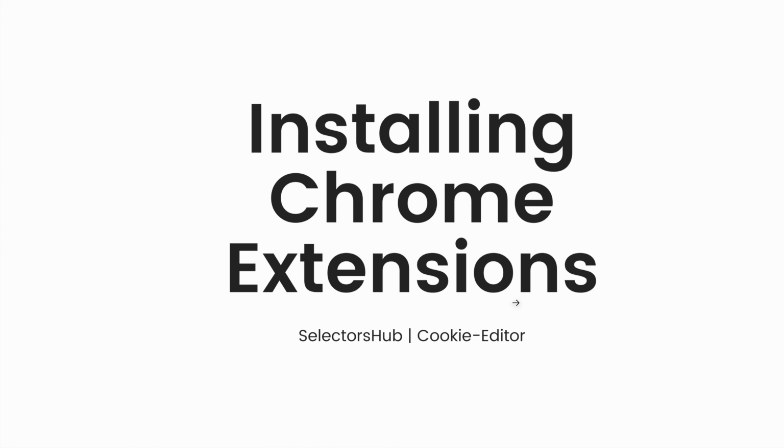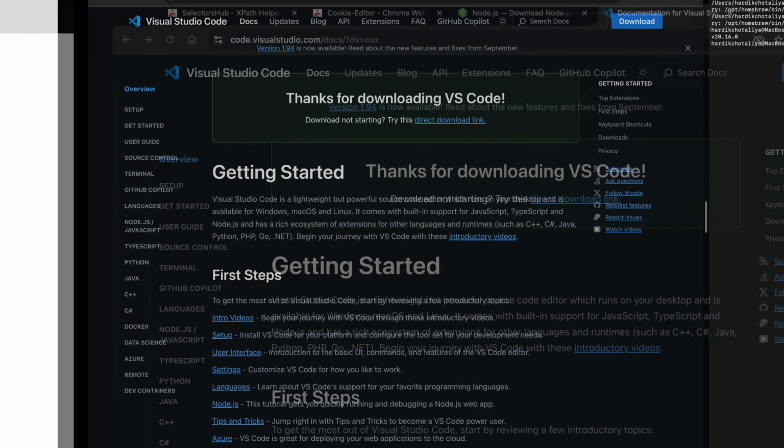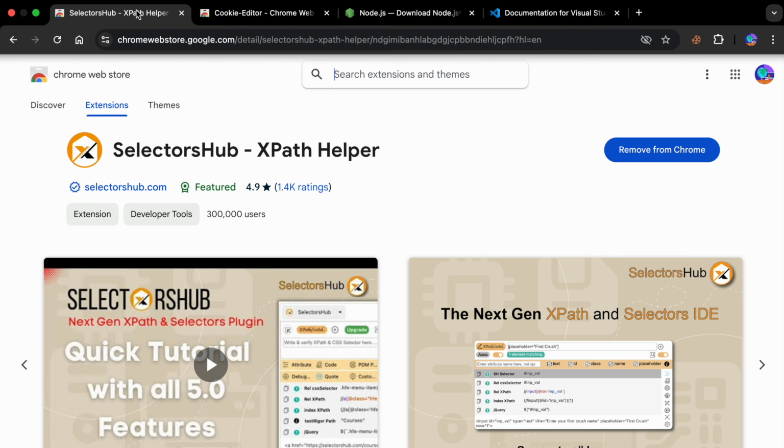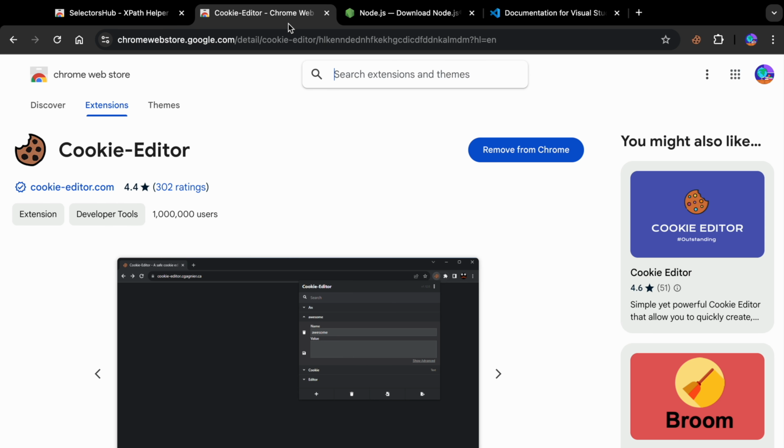Now let's go with installing the Chrome extensions. For Chrome extensions, I have already opened the page. First, we have to install Selector Hub, which allows us to create robust locators of elements in Chrome, Edge, and any Chromium-based browser. The second one is Cookie Editor.